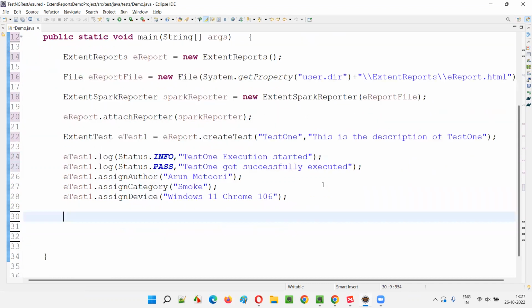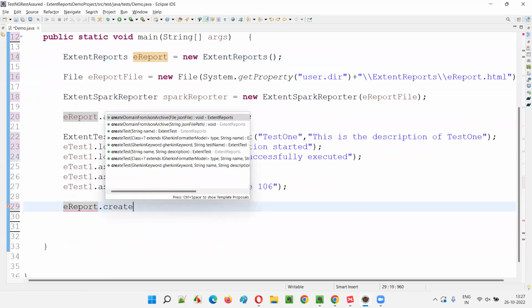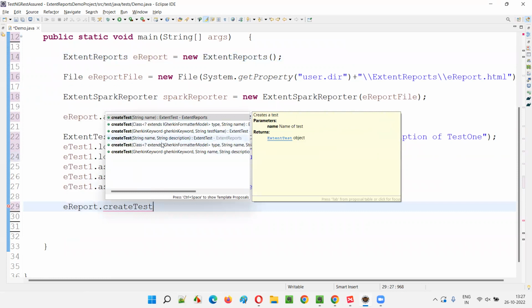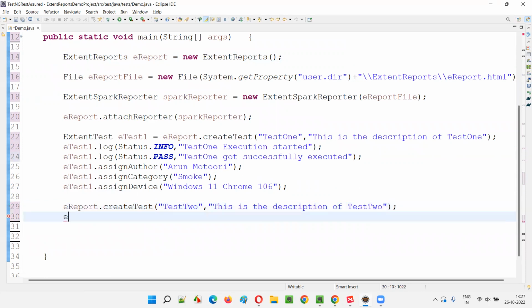That's fine. One of the tests is completed, guys. First test is completed. For etest1, we have given all the details, and we have used assignAuthor, assignCategory, and assignDevice. Now let's create one more test. Again, I'll say report.createTest, and here again I'll give the name of the test followed by the description of the test, that is test2. This is the description of test2. Okay, this is the description of test2, and I'll say e, and hover the mouse over createTest,